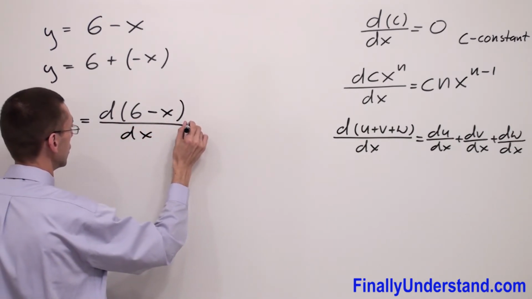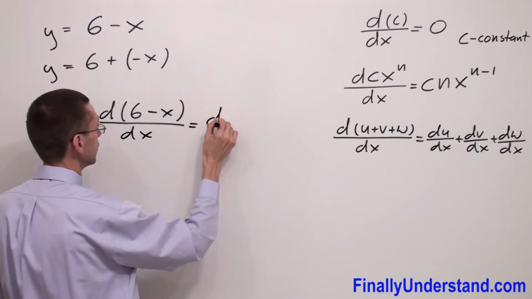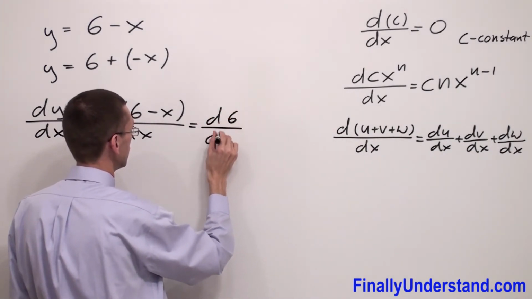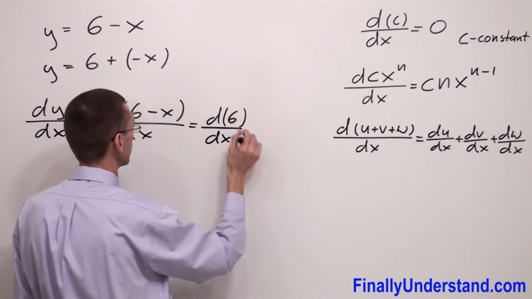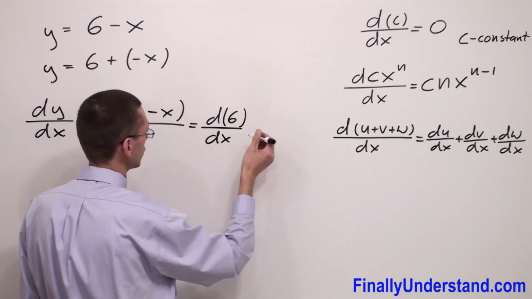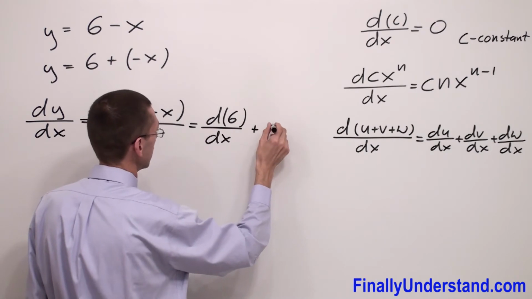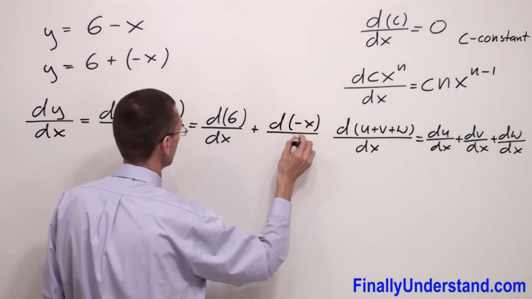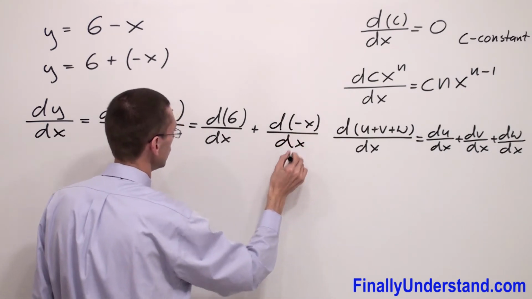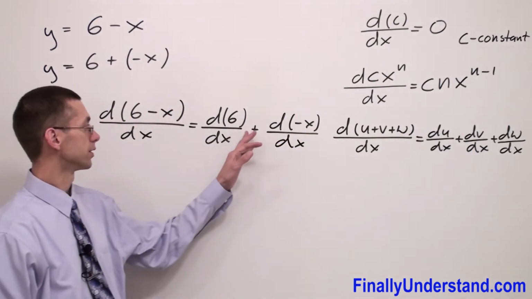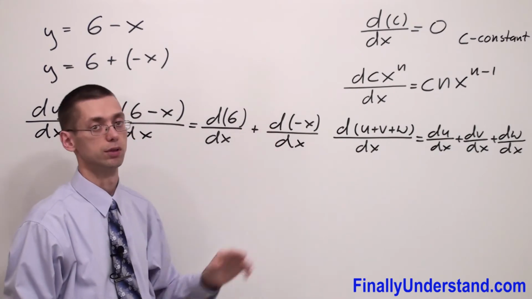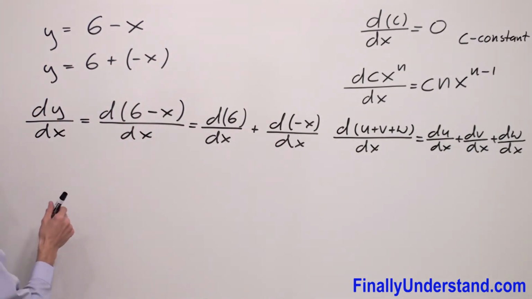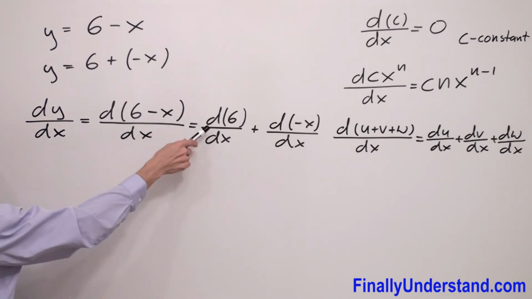This is equal to the derivative of 6 over dx, and of course you can write plus the derivative of negative x over dx. At the beginning you are going to write positive, but later on you are going to go straight to the subtraction. But at this moment let's use this notation, and we are going to have the derivative of